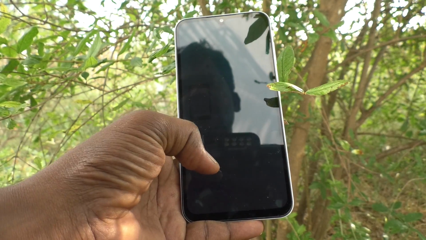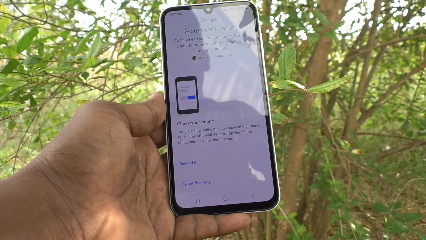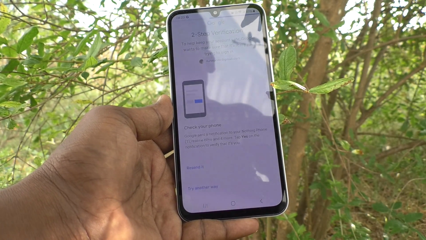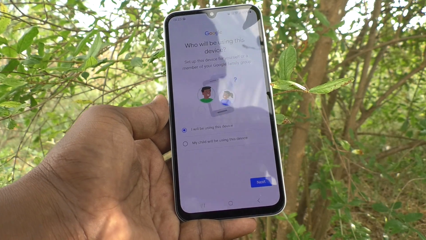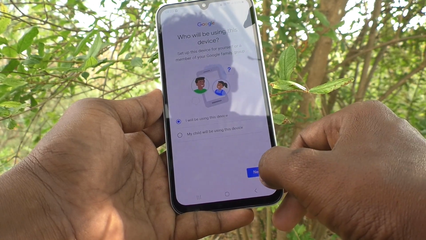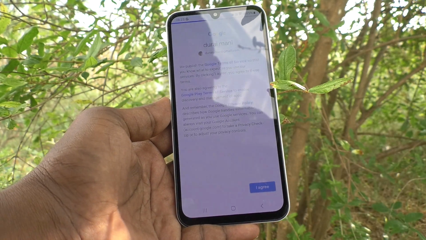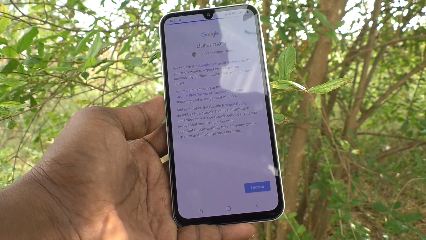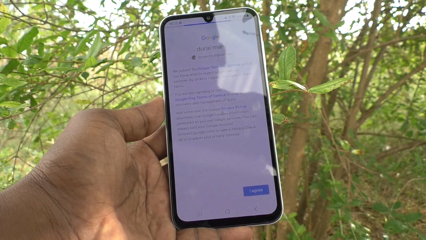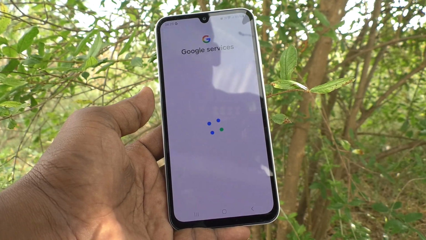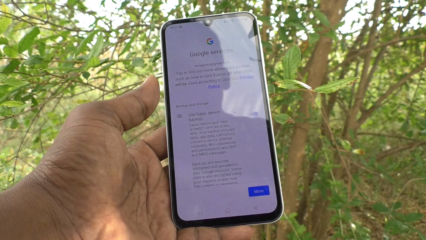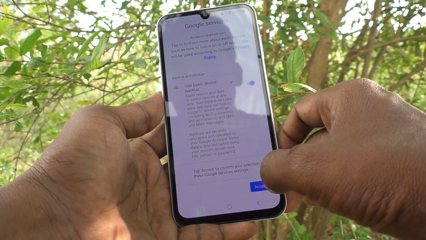I asked my friend to accept this because that phone is not available with me. Yes, and yes, click on next, click on I agree, and Google services are loading, and click on more button, click on accept,